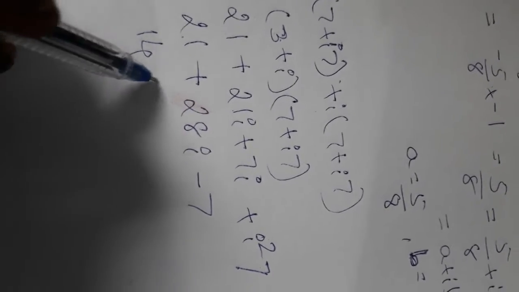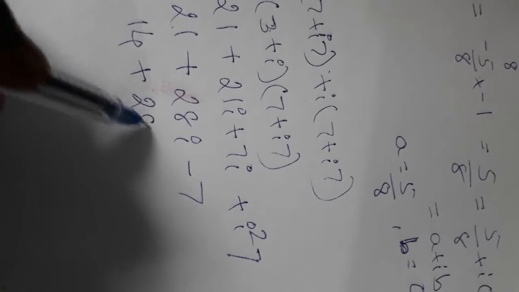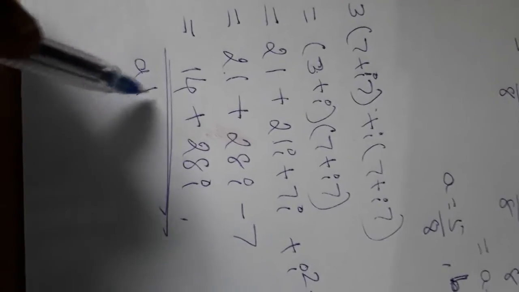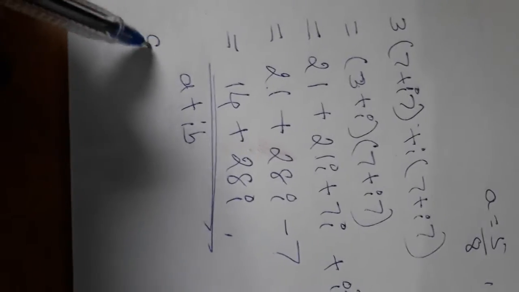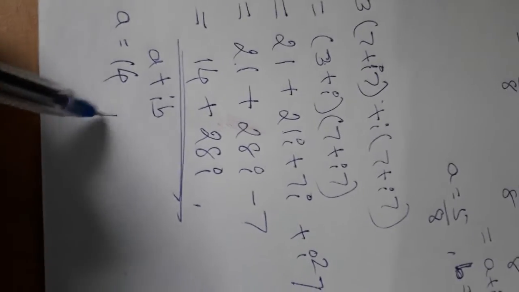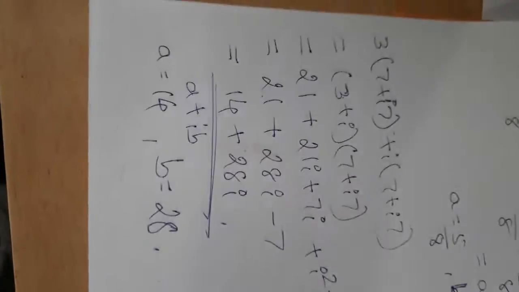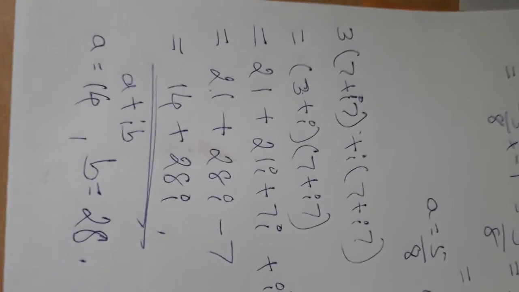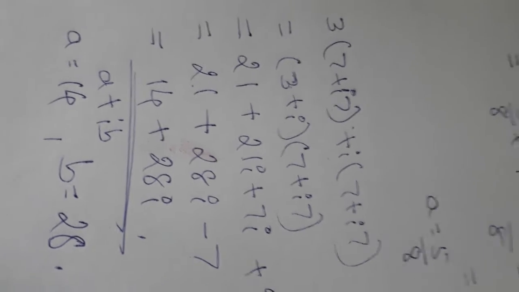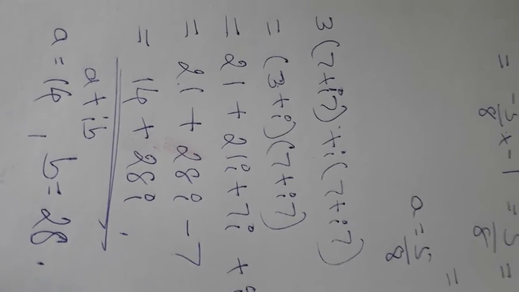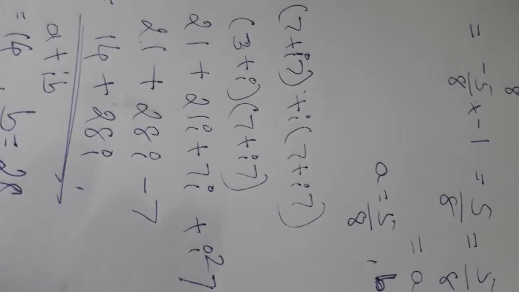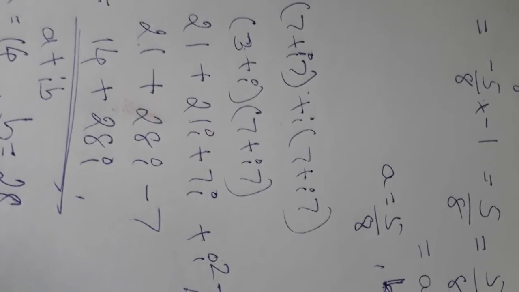So that will be 21 minus 7 is 14. 14 plus 28 times i. So this is the form of a plus ib. Here the value of a is 14 and the value of b is 28. Now the next one that we will be seeing is